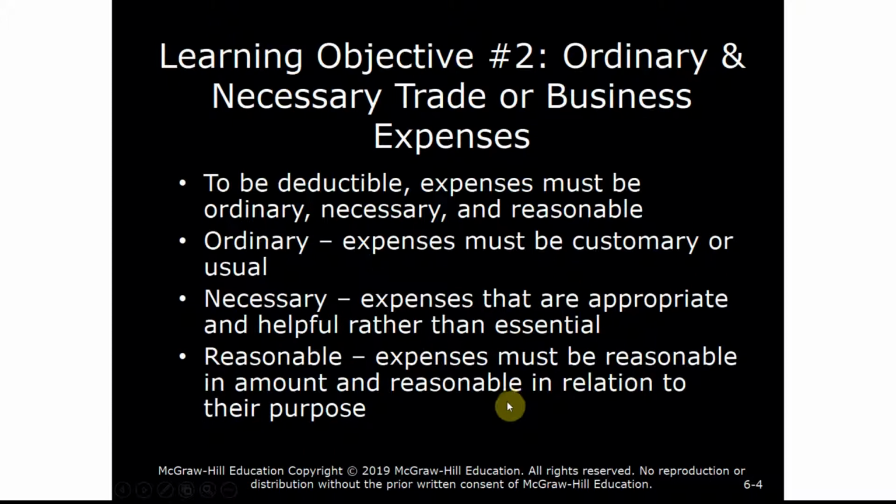So the IRC, Internal Revenue Code, requires that for an expense to be recognized on Schedule C, the expense must be ordinary, necessary, and reasonable. And we look at ordinary as expenses that are customary within your industry or trade or profession. Necessary expenses are helpful rather than essential. And reasonable expenses are expenses that are what someone would pay in an arm's length transaction. So, for example, if a person hired a relative to work for them and they paid them more than the market would normally pay them, then that would not be a reasonable amount.